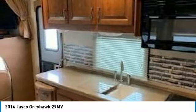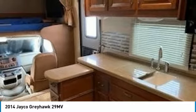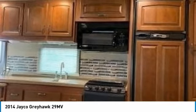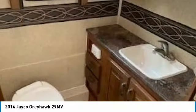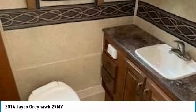This 2014 Jayco Greyhawk 29 megavolts comes fully loaded with all the bells and whistles needed to provide a luxurious yet convenient camping experience. Highlights of its advantages include solid wood cabinets, throughout pull-out kitchen, peninsula extension 60/40 sink with covers, large refrigerator with freezer, full size conventional microwave, 3-burner gas stove with oven, full bath located between master suite and main cabin, full size shower, separate toilet area, bathroom ceiling vent with power fan, doors to create bathroom suite, full walk-around queen bed with slide-out, double mirror door, built-in